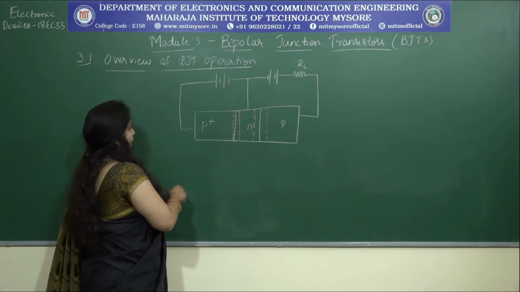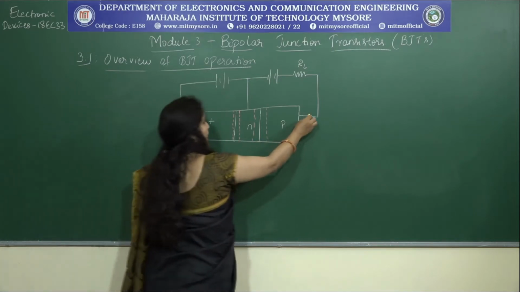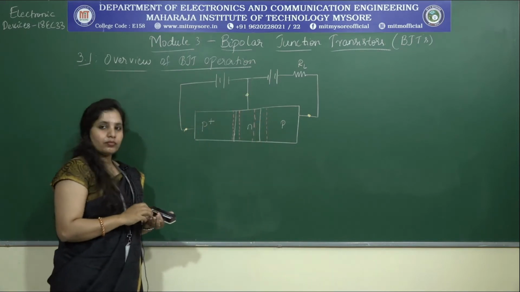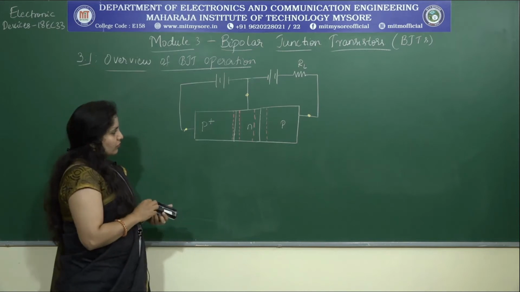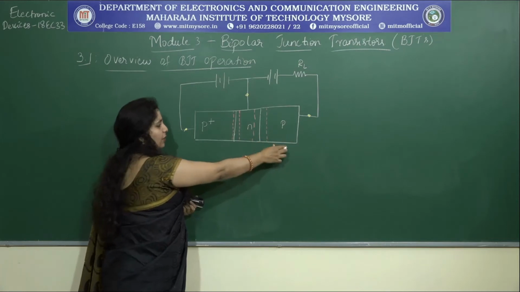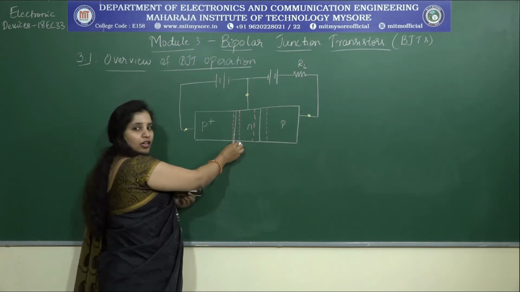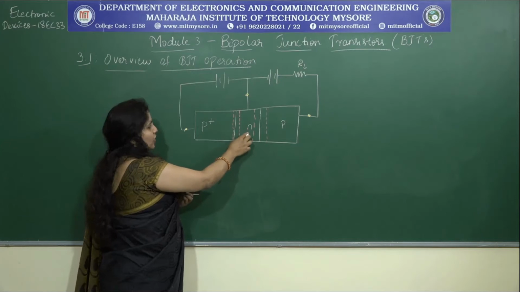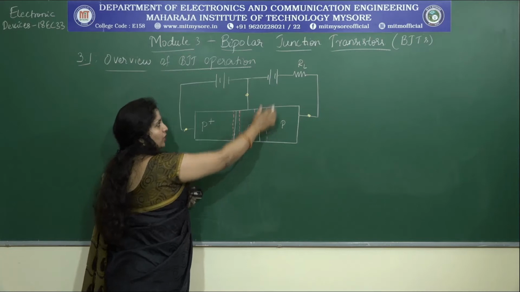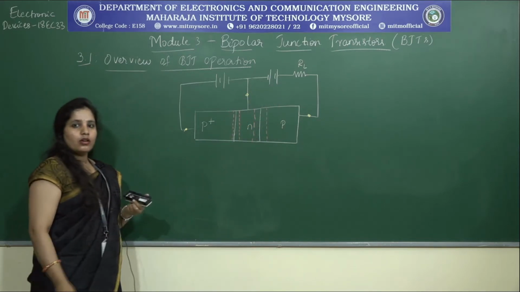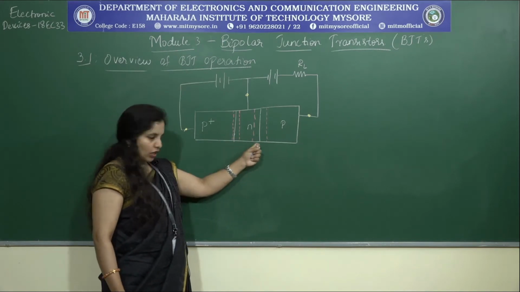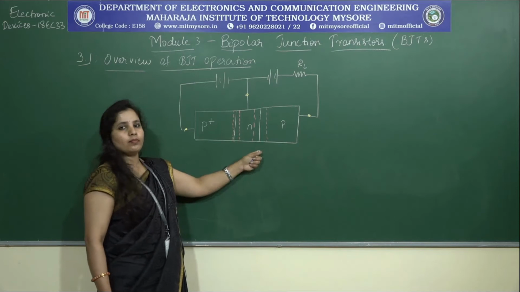Now, we have many factors to understand in this particular configuration. Let's go one by one. Okay? So there is an N region in common between the P plus and the P region. Now, this P plus N junction is forward biased and this N and P junction is reverse biased. Now, since I have two junctions, there are four possible